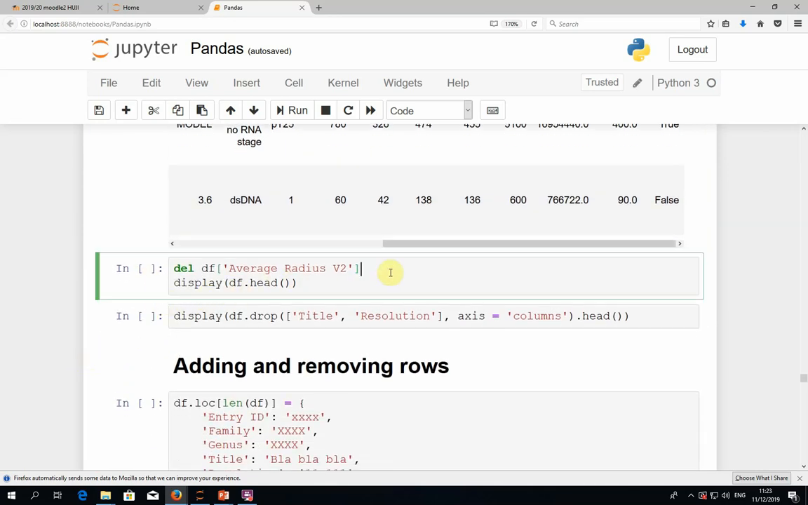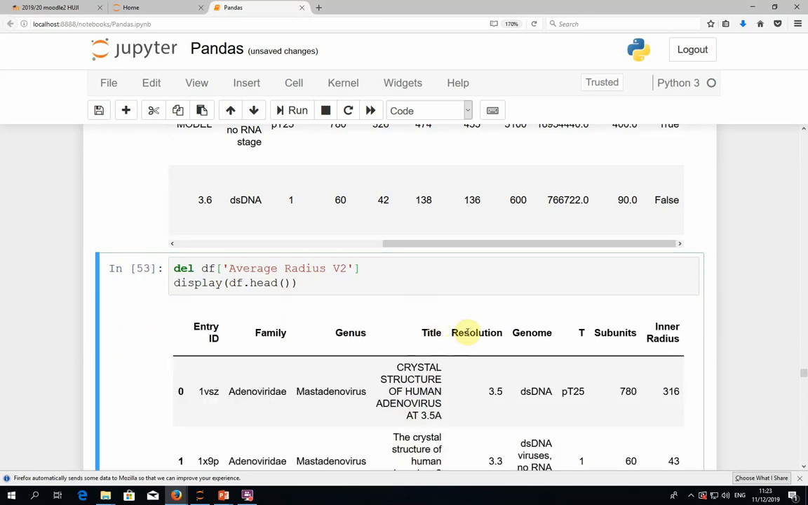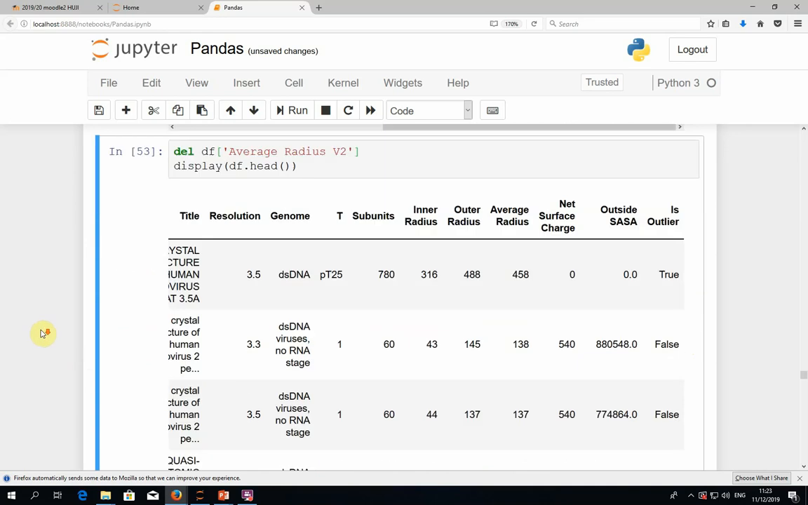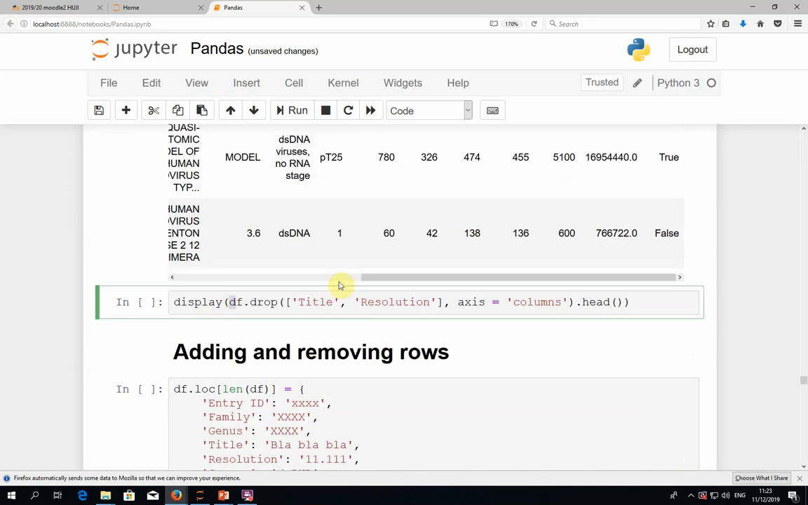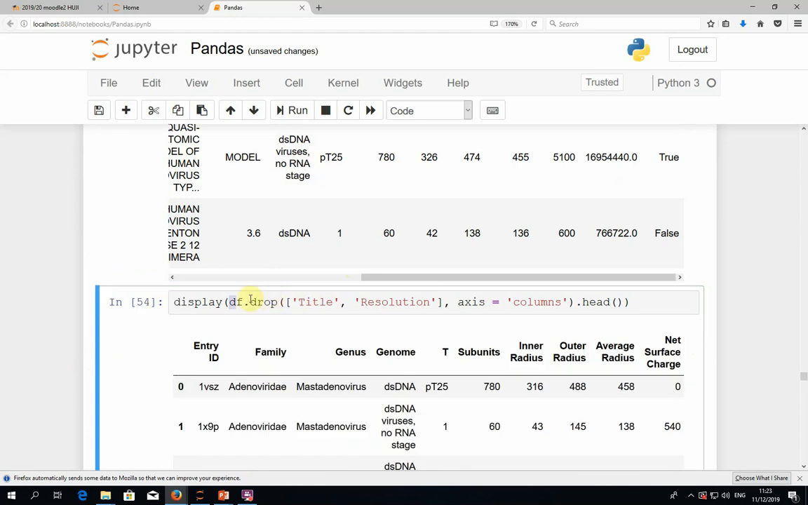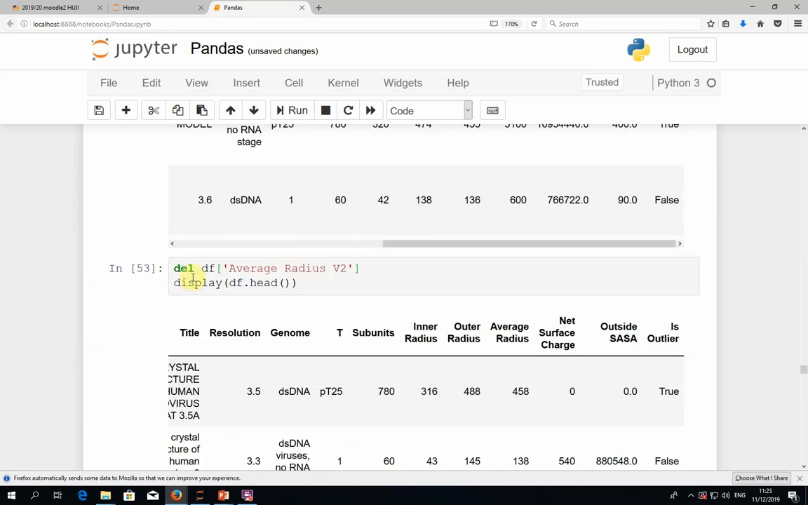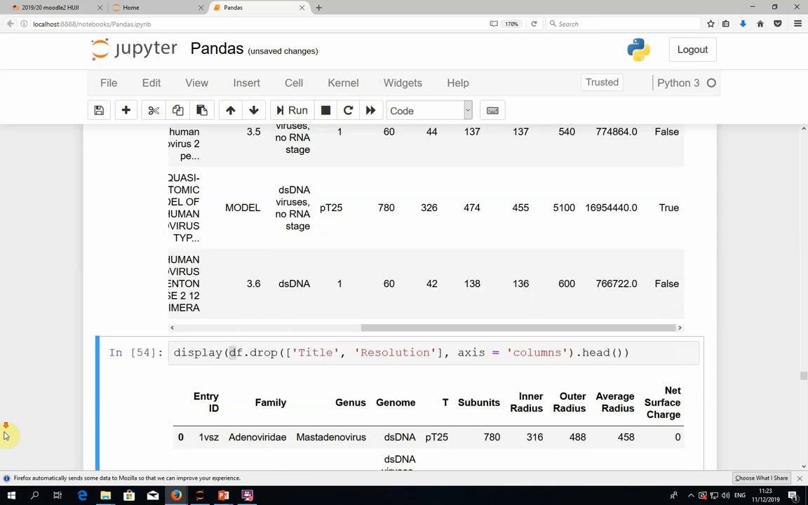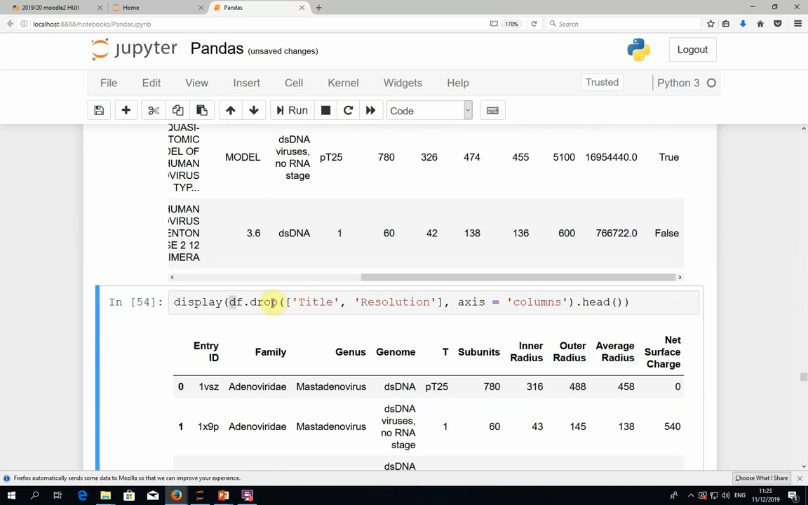OK, now if we want to remove a column, we can just use the del statement, like you see here. And we no longer have this column. Another way to remove columns is to use the drop function. Now this is different than the del function. The del function actually changes the original data frame. The drop function will not change the original data frame. It will instead return a new data frame with these